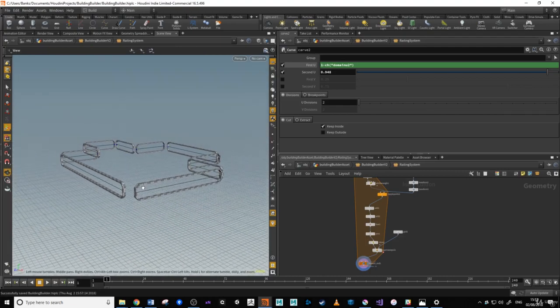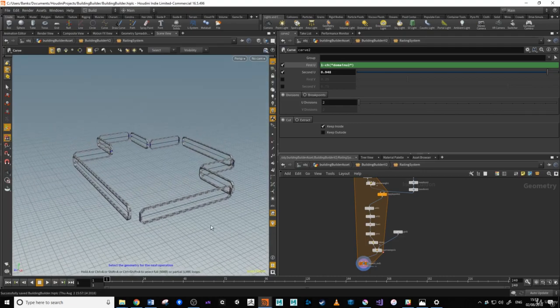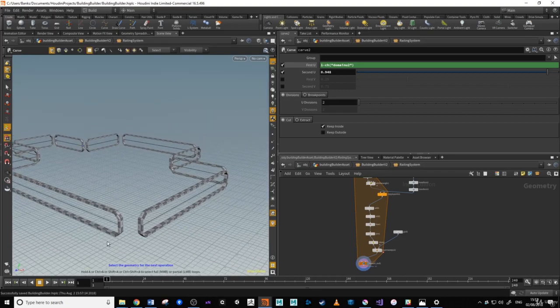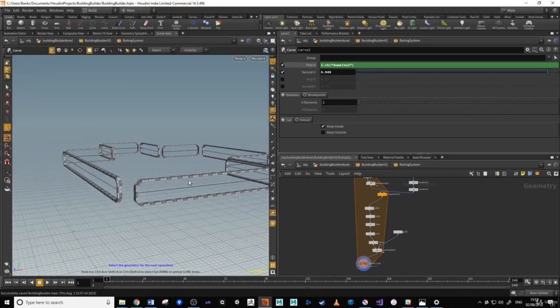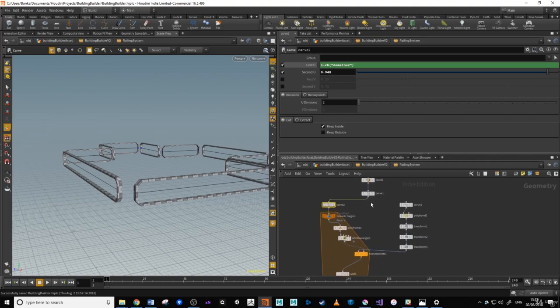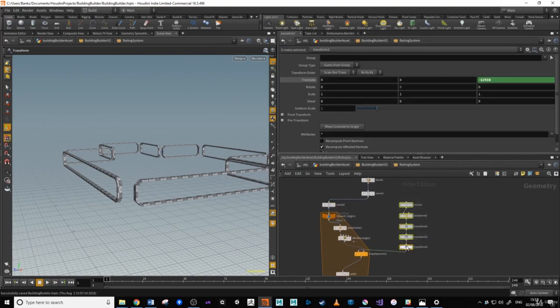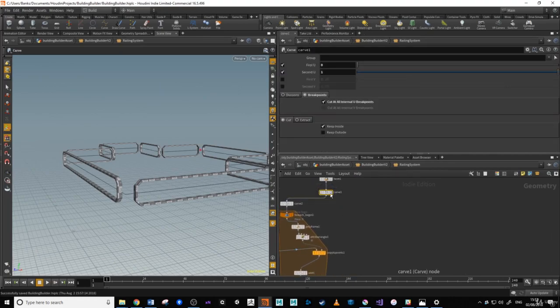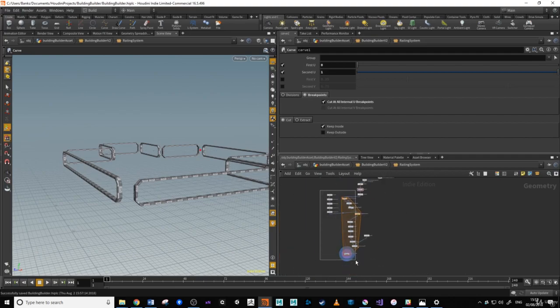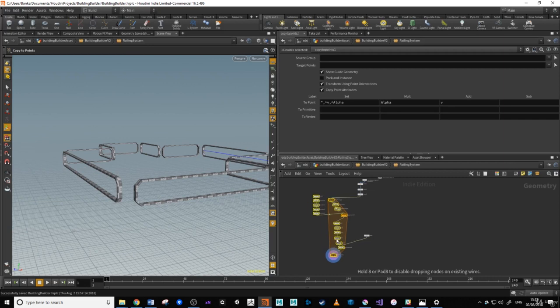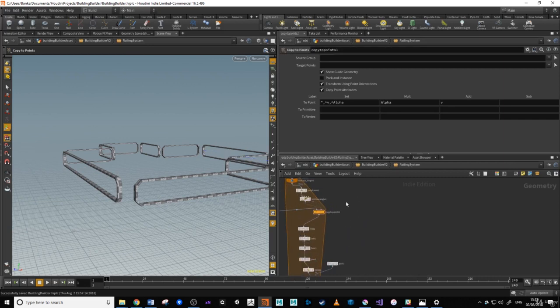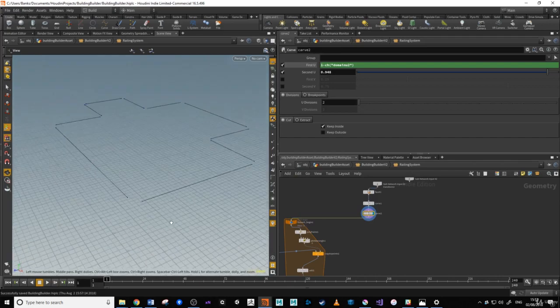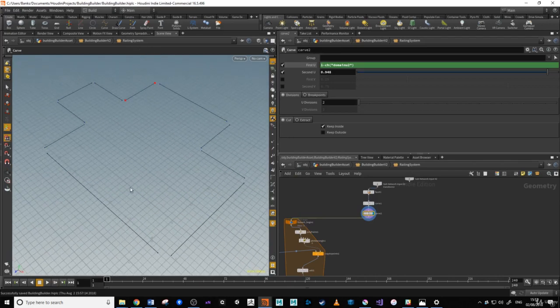So the next problem we need to overcome is we want to have uprights on this railing system. So there's a couple of steps we need to do. We can utilize, and I'm just going to move them over to that side just so I've got a bit of space to work here. We're going to make use of this carve node here. So before we generate the outline, the frame outline, we're going to take this carve here and we're going to use this as a basis for our uprights